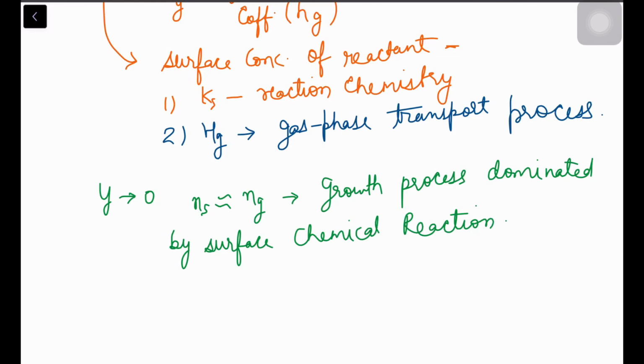And if Ks is a large number, Ns, the surface concentration, tends to 0, and the overall process is limited by transport of reactant across the boundary layer. So the overall process is dominated by